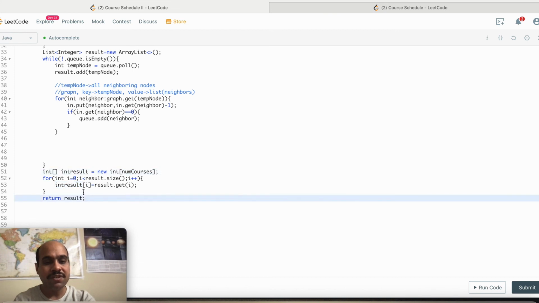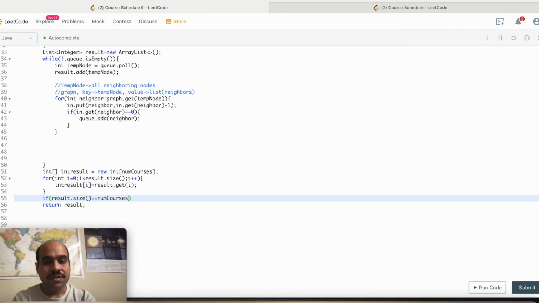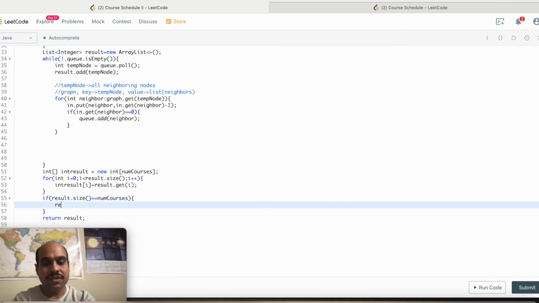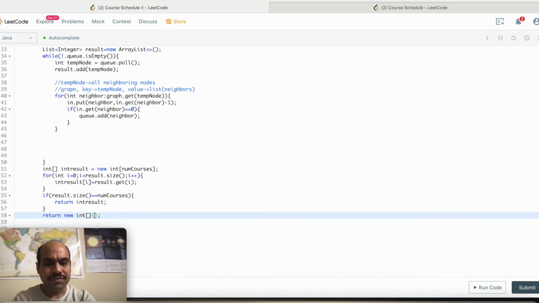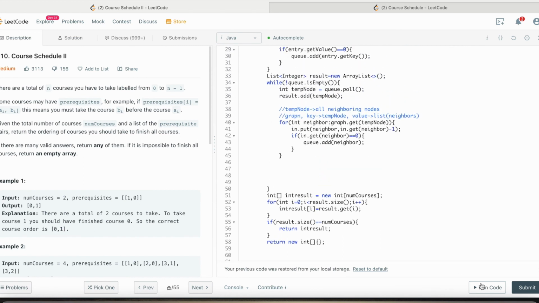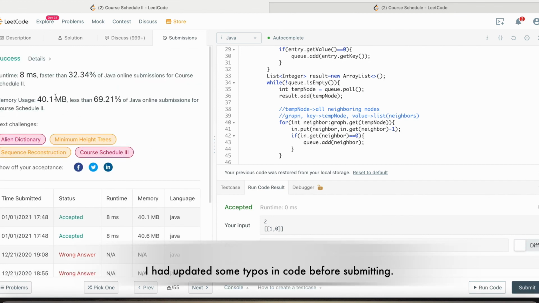So before returning result, we can check if result dot size equals num courses, then you simply return the integer result, and if this is not the case, we have to return an empty array, so new int. Okay, so let's test it, run the code. It is accepted. Let's submit it, and it's done.